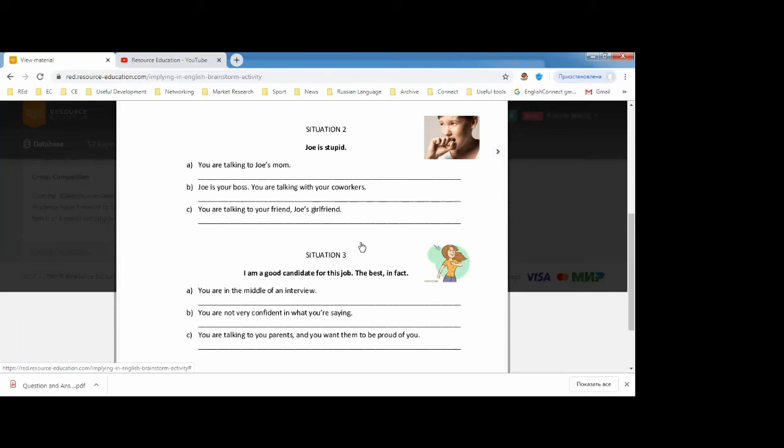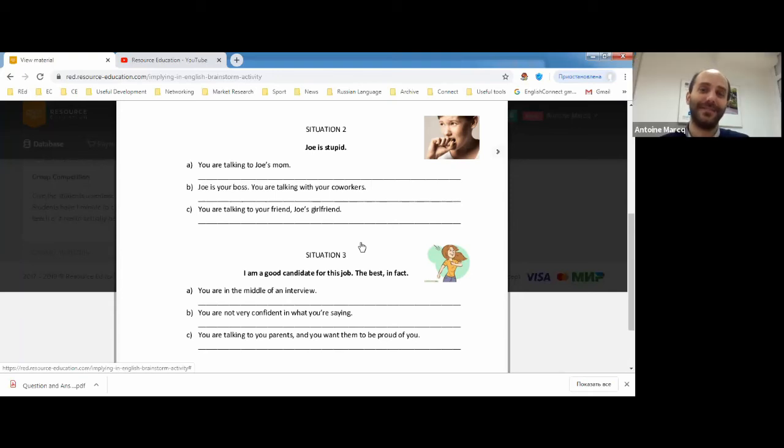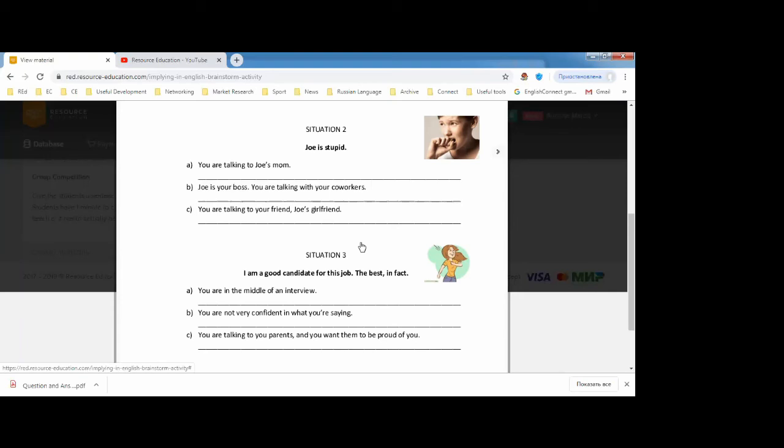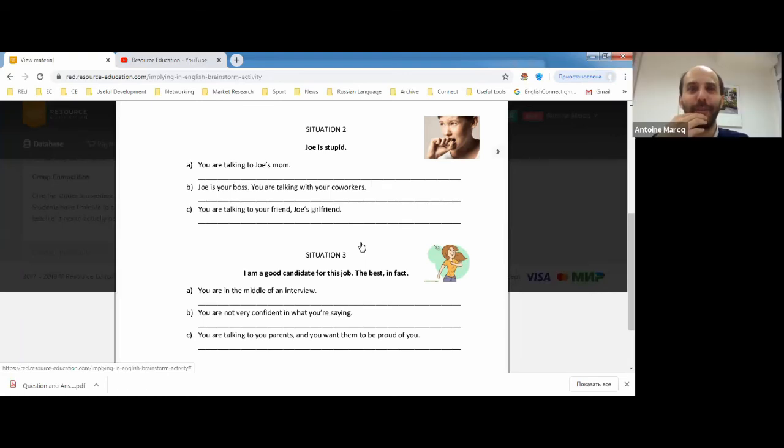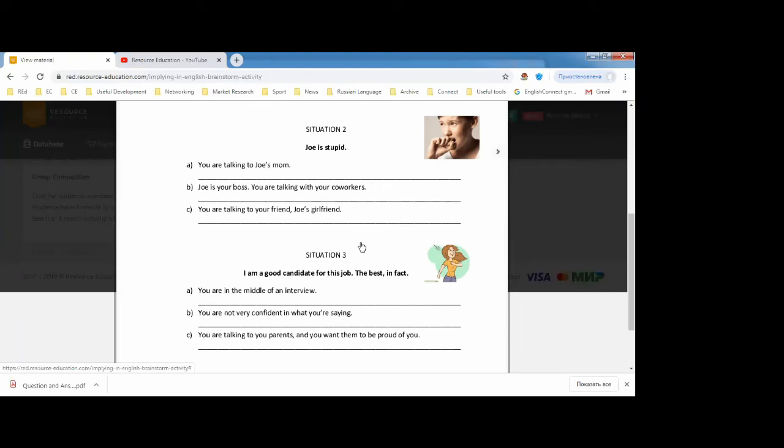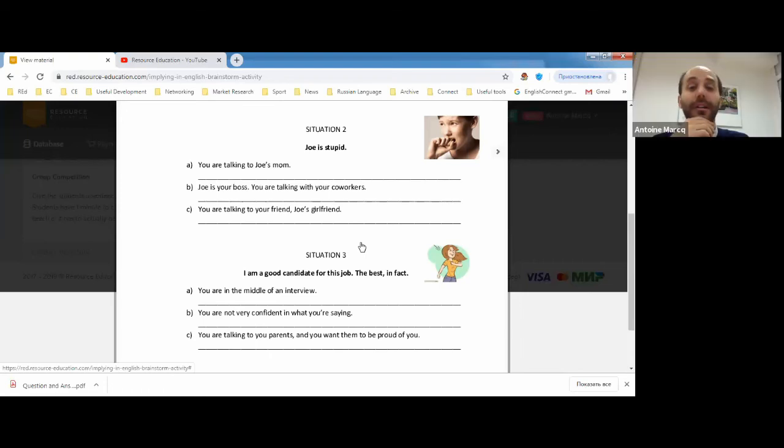Situation two, Joe is stupid. That's what you want to say. That's what you're thinking. You're talking to Joe's mom, situation A. Okay, his jaw is slow on the uptake. Maybe. It's an idiom, but it's still very clear that you're saying that Joe is stupid. But I'm not going to say that he's a genius. So, no, we're not lying. We're not lying. But we're implying. We're saying, well,